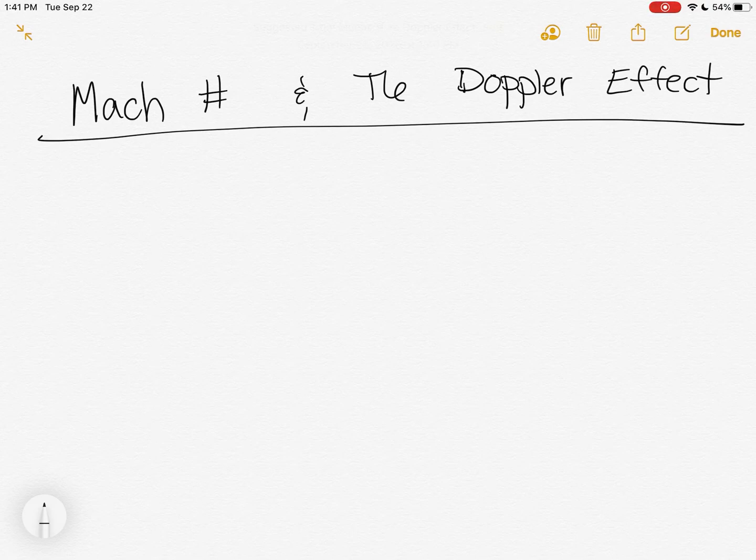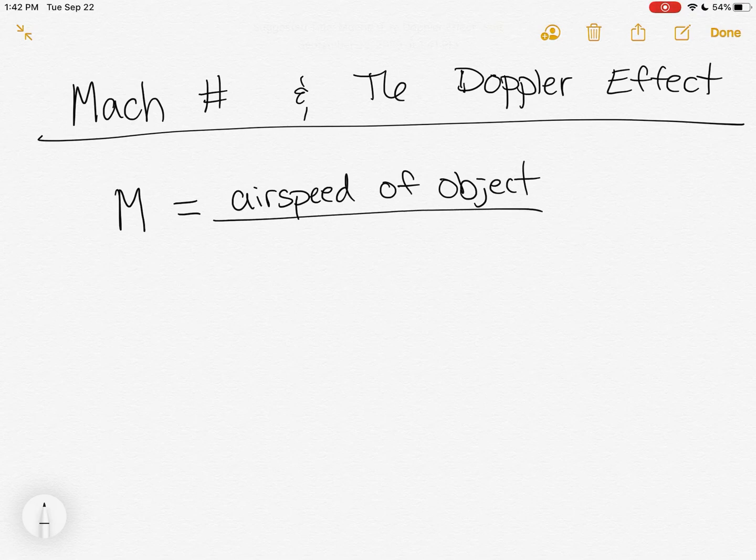And so Mach number is just a relative speed of the airspeed around the object, so like the airplane or fighter jet, anything like that, and the local speed of sound. So Mach number is actually represented by a big capital M. And it's going to be airspeed of your object. So that would be like how fast the plane is going. But it doesn't have to be a plane. It could be another object. Just the things like airplanes tend to travel pretty fast through the air